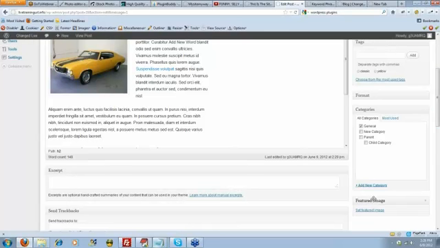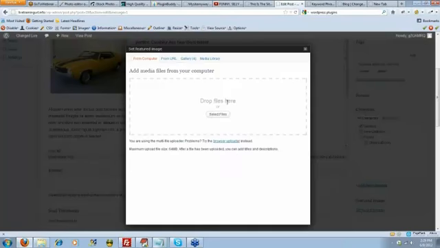This again is theme specific, but if I click set featured image, I have the ability to set a featured image to this post, but how you do this is specific to the theme, or the theme decides what it's going to do with a featured image. I believe that for the 2011 theme, it uses it in the header, and I don't know that I want to do that right now, so I won't actually